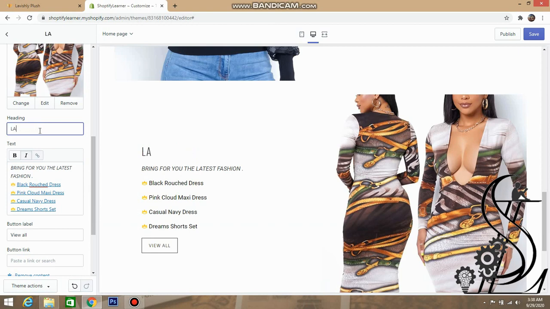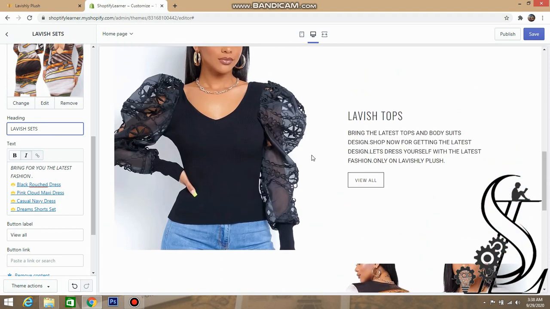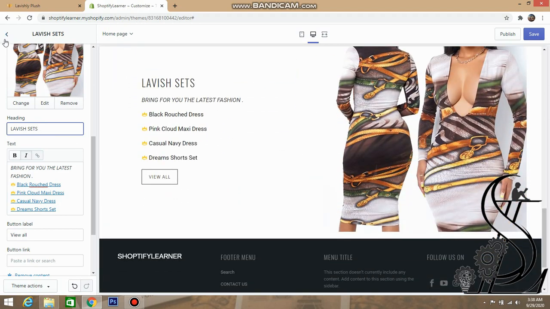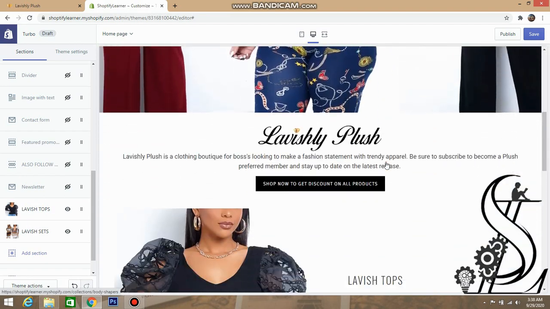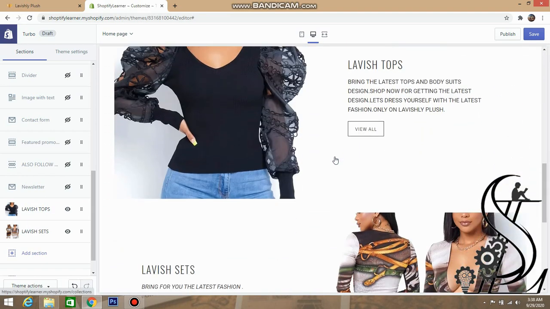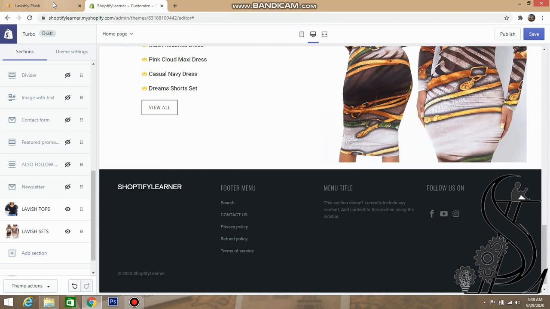Now we can simply write here lavish sets. Now we have completed our four sections: slideshow, rich text with image, and image with text section.